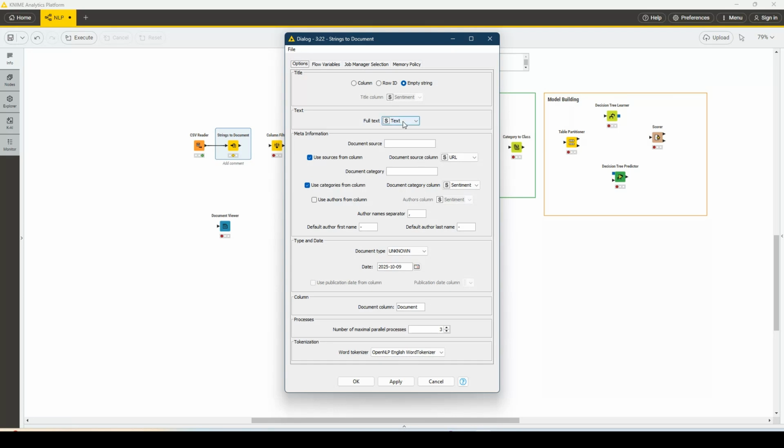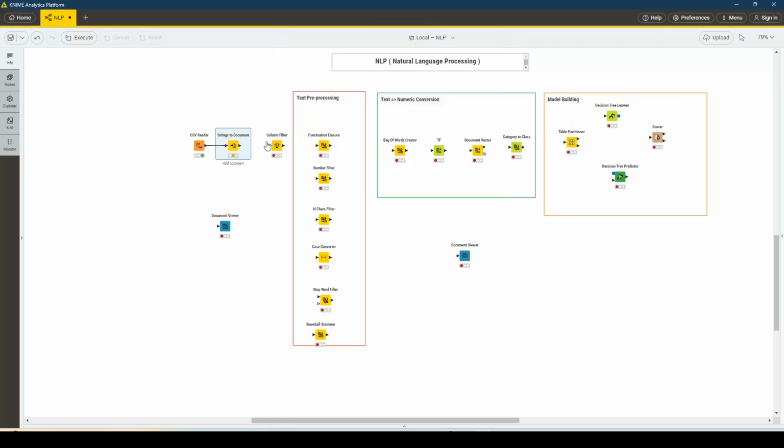So the metadata that we are choosing is the text that is anyway there, and we are appending the URL, the sentiment, the timestamp and the document type. We are also using a word tokenizer, which will help us to tokenize the words in the sentence. So we have applied this configuration, and let's execute. If you see here,